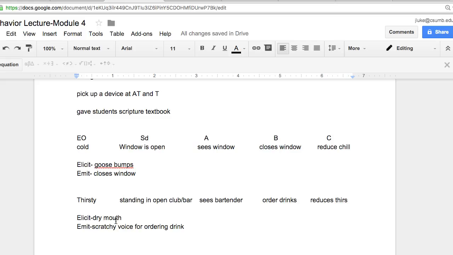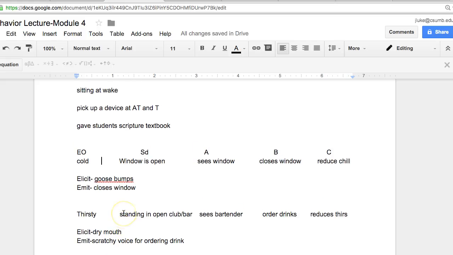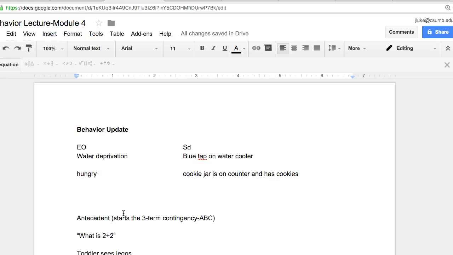In this example, the behavior that would be elicited would be dry mouth. Now, of course, you're going to have to ask someone about that. You wouldn't likely see their dry mouth unless they're opening it for you. And emit, scratchy voice for ordering a drink. Again, the difference between an involuntary reflex to a degree and something that they're choosing to do. So again, this is kind of previewing what is coming up, but also